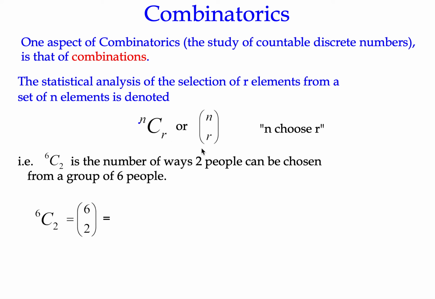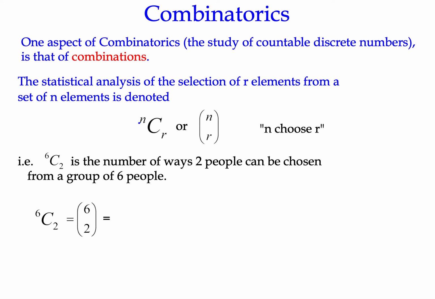So n choose r is written n capital C r or just n over r, like a vector, like a kind of matrix vector. So we say n choose r. So 6C2 or 6 choose 2 is basically a logical way of saying how many ways can you choose 2 people from 6. Okay, now you could sit and work that out on a bit of paper. Because if you could imagine if you had each person, 1, 2, 3, 4, 5, and 6, you can choose 1 and 2. You can choose 1 and 3 and so on. The combinations doesn't worry about the order of it. So 1 and 2 is the same as 2 and 1.